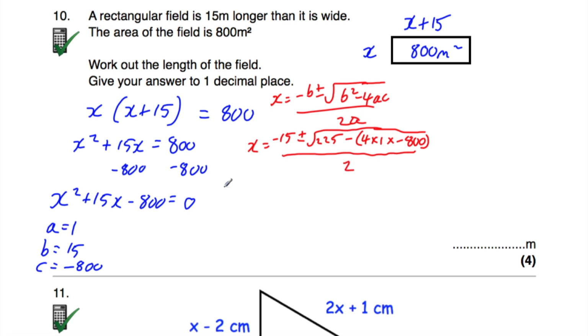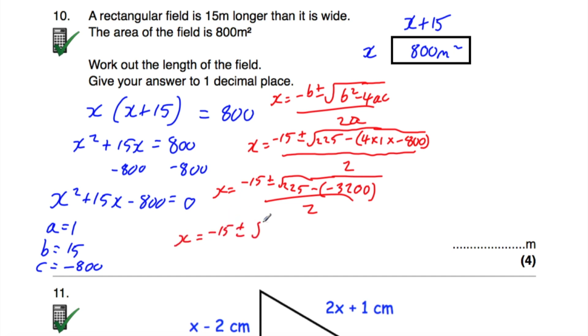So now we need to simplify this. So we've got x is equal to negative 15 plus or minus the square root of, and we've got 225 subtract, and then if we work out what's inside the bracket here, we've got 4 times 1, which is 4, times minus 800 will be minus 3,200, and that's all over 2. So now if we simplify what's under the square root sign, we're going to get x is equal to minus 15 plus or minus the square root of